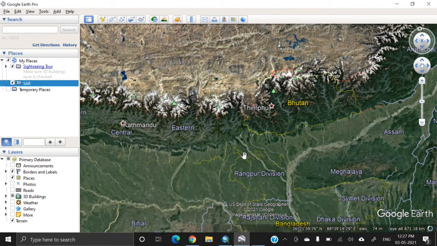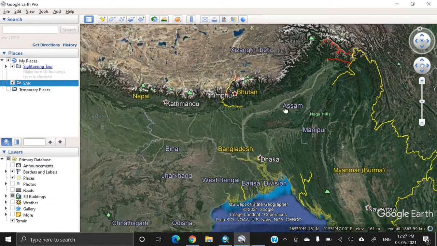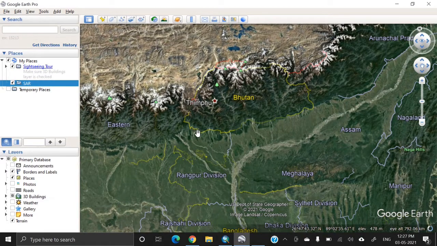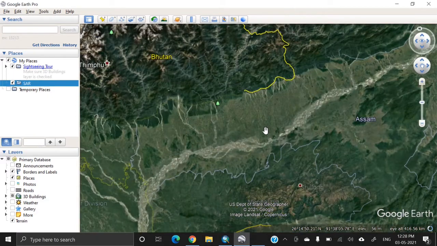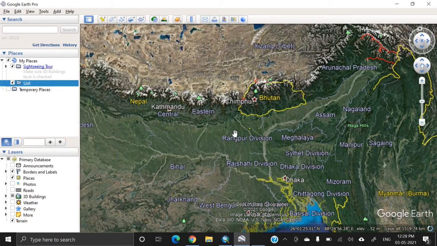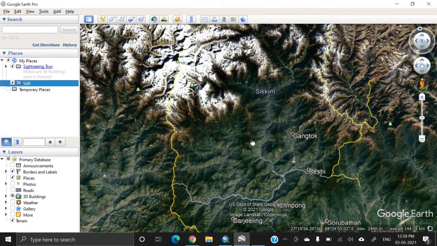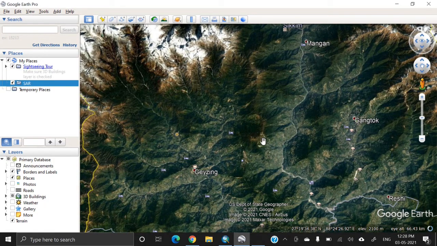For example, I am going to the state of Sikkim in India. And for example, we want to create the digital elevation model for this area.